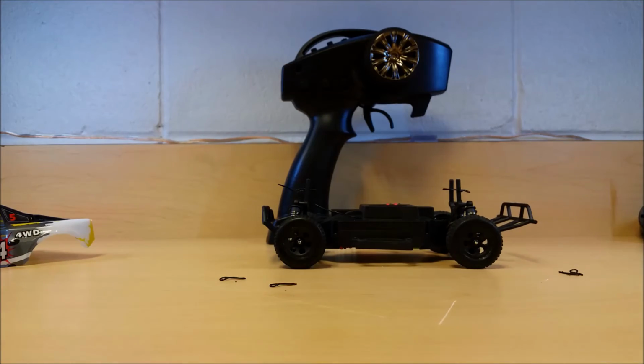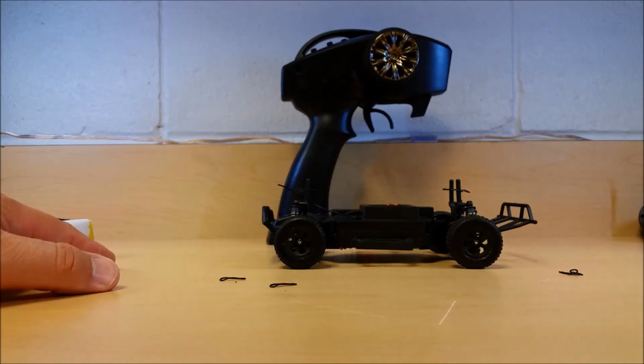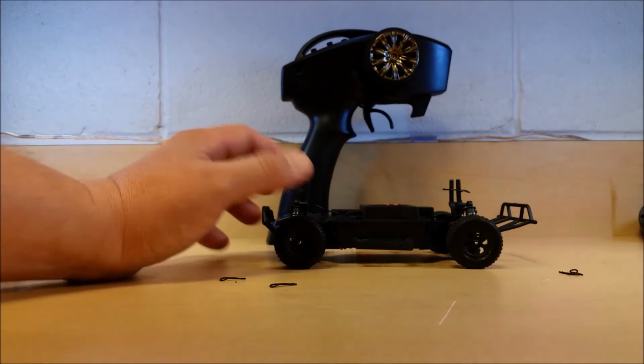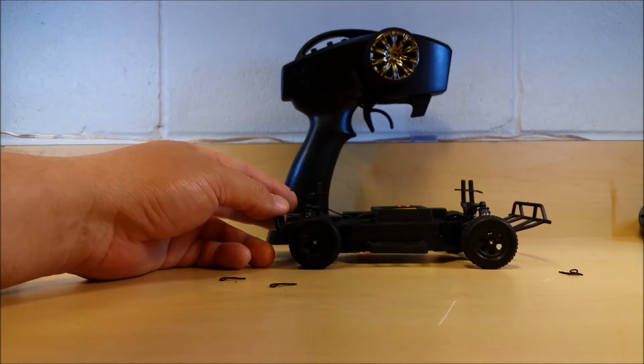So just to give it a review and the final score, I give it probably a 4 out of 5. It met all my initial thoughts of how I thought this thing would run, and it exceeded it by quite a bit. I wasn't expecting much, but it turned out to be really well, a lot of fun to drive, and it is for